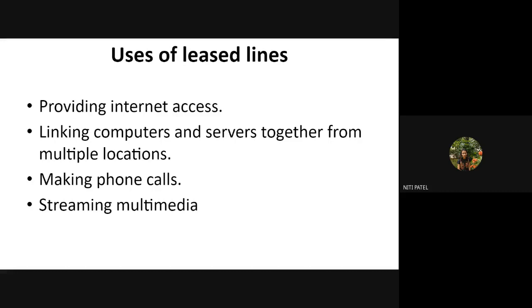So whenever I'm having this private communication between the two systems, from where is the data coming? The data is coming from those fiber optic cables which are installed at specific locations. So the communication medium used by the lease line is fiber optic communication. Okay.